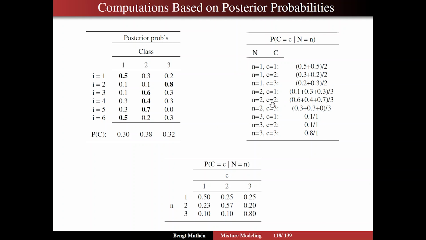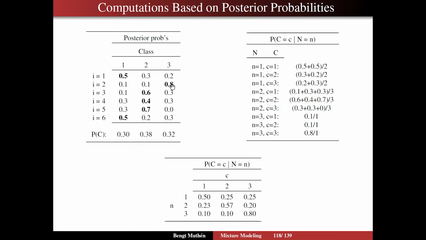For c equals 2, well, then you are in the column with the most likely class. So you have 0.6, 0.4, 0.7. For c equals 3 for those same 3 people, 0.3, 0.3, 0.0. And for the individuals who have most likely class as 3, that's only one